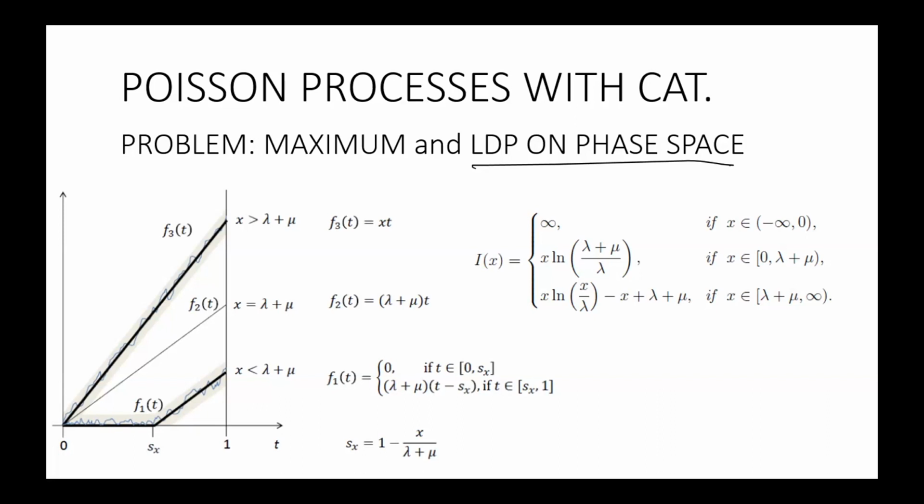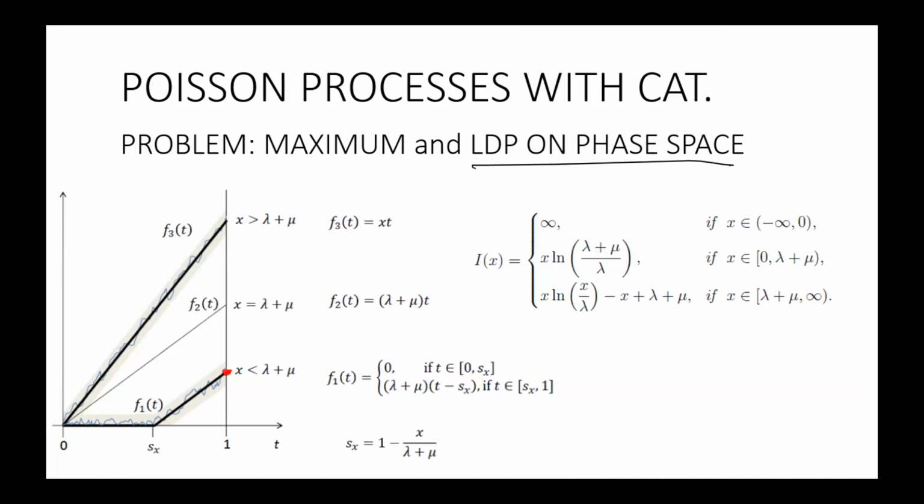The proof is based on analyzing the trajectory that brings my process to the point X. So essentially our proof is based on finding the optimal trajectory that brings the process to